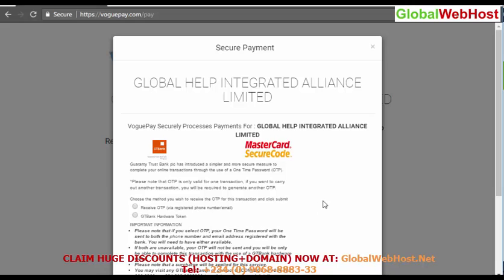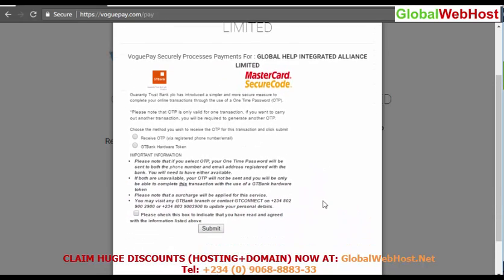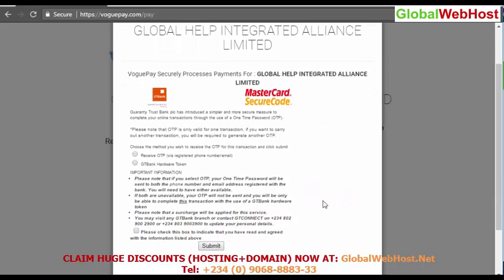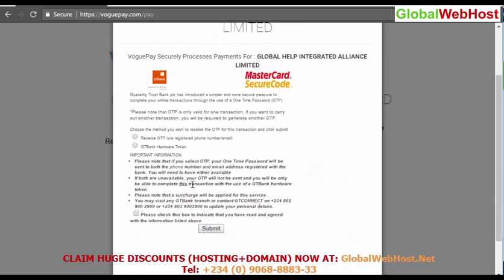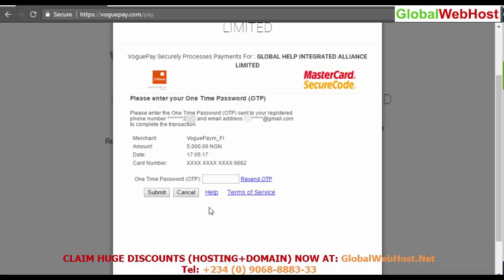So it depends on your bank. For GT card users, you'll be used to this window option, which is a security measure to make sure nobody just picks your card to use it to shop. Somebody is attempting to use your card. So the next thing, let's receive an OTP through your registered phone number with that account of the card. Then you click, please check this box to indicate that you have read the agreement. So submit. You receive an OTP code, a one-time password,